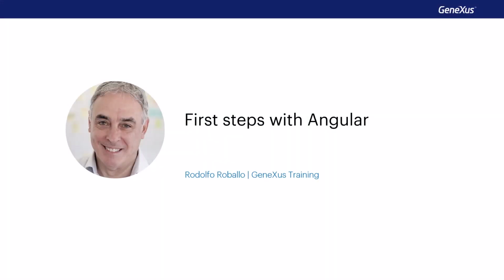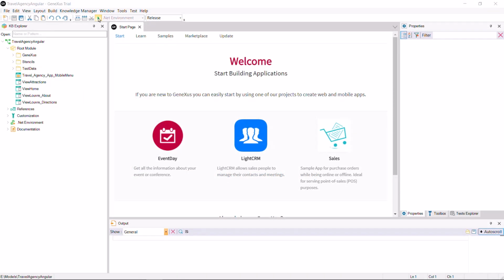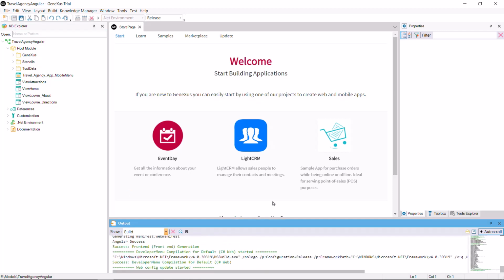Throughout this course, we'll show how we implemented an application for the customers of a travel agency. Also, all the examples provided will deal with its development. But first, let's take a look at the application already in operation. We open GeneXus, press F5,